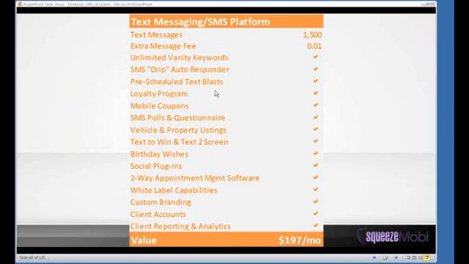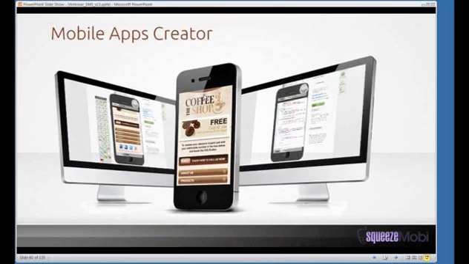But this is more, just this text message platform, you could turn into a 6-figure business. And by saying 6 figures, I mean 6 figures. If you work at it hard enough and you really get it going, 6 figures a month. And this is minimum a $200 a month value. But I'm excited because you want to get that complete mobile solution.